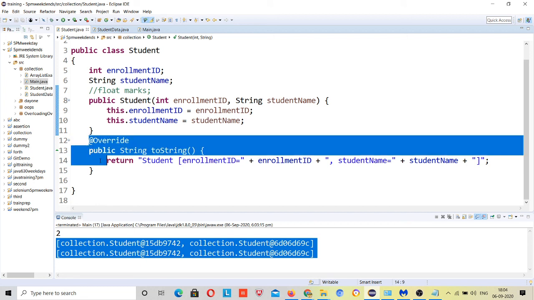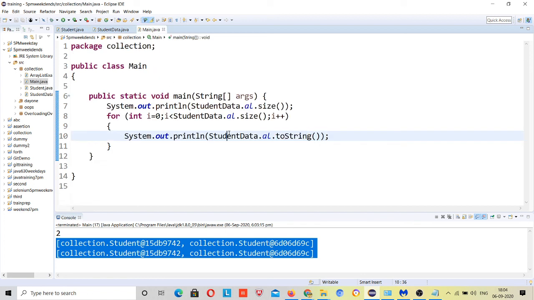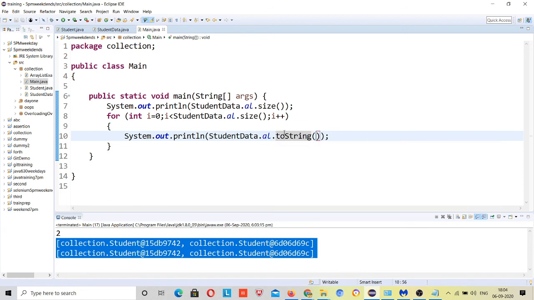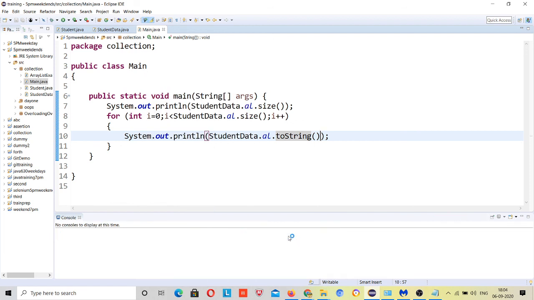You can write your own, but for understanding, just leave it here, and you just need to understand why I have overridden this toString method. Because whenever I try to print an object, class name, object name, it was directly converting into a string, whether you write it or not. So you have to override the toString method. Run this application.